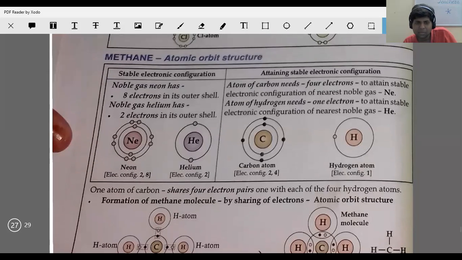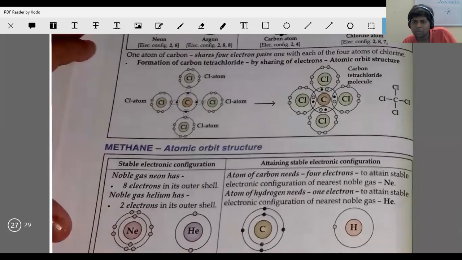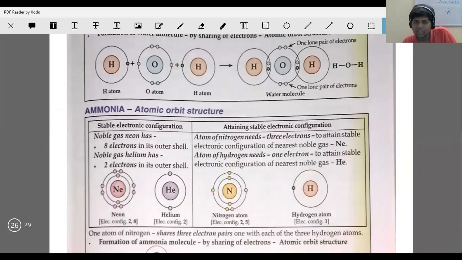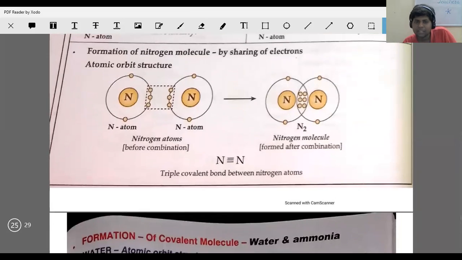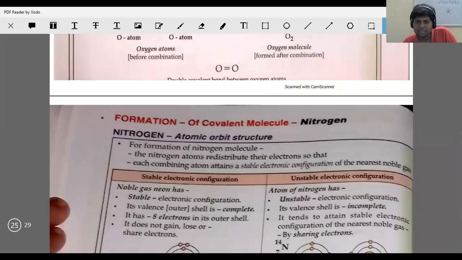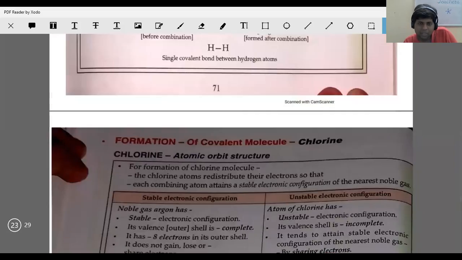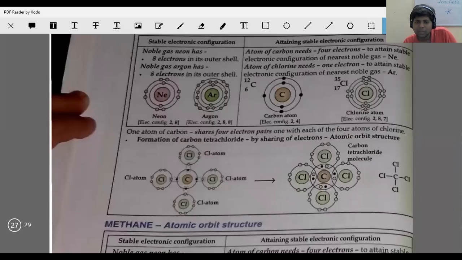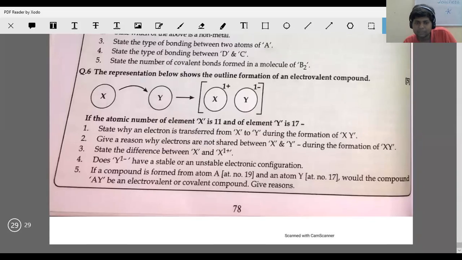I don't see much for me to explain here, okay? One thing is important, you memorize all the structures. In the next class, I can ask anyone how many lone pairs are there in a water molecule, so you have to tell me. Or I can ask how many lone pairs are there in an ammonia molecule, so you have to tell me. Sir, so this is just diagrams. We thought we would have to understand the whole chemical bonding well. Fine, you can finish this on your own, and you can also do the chemical bonding exercise, okay?